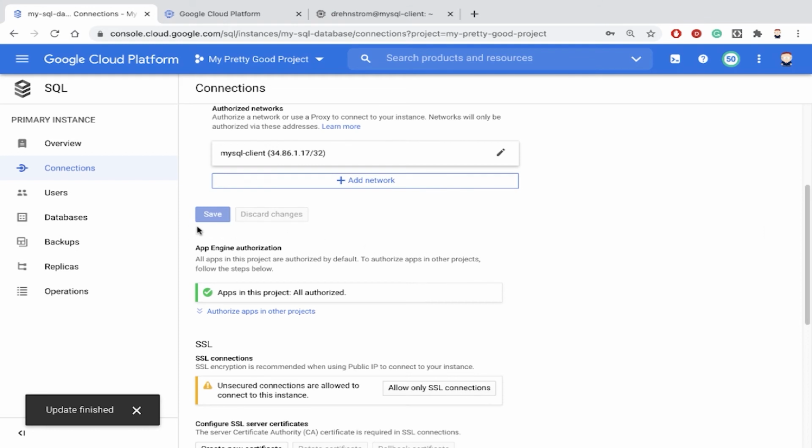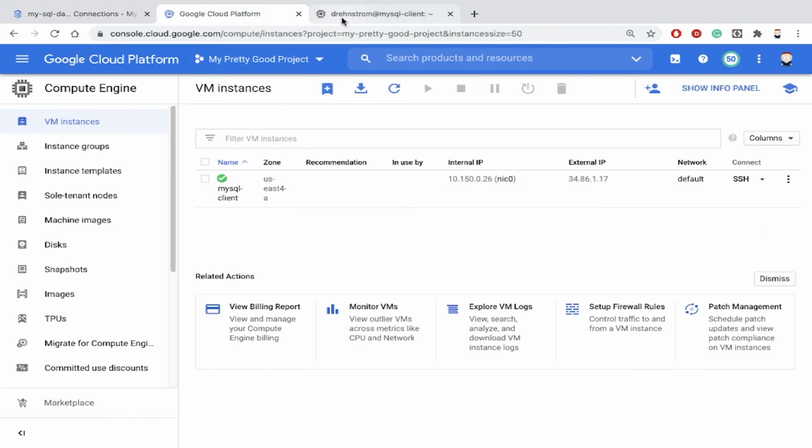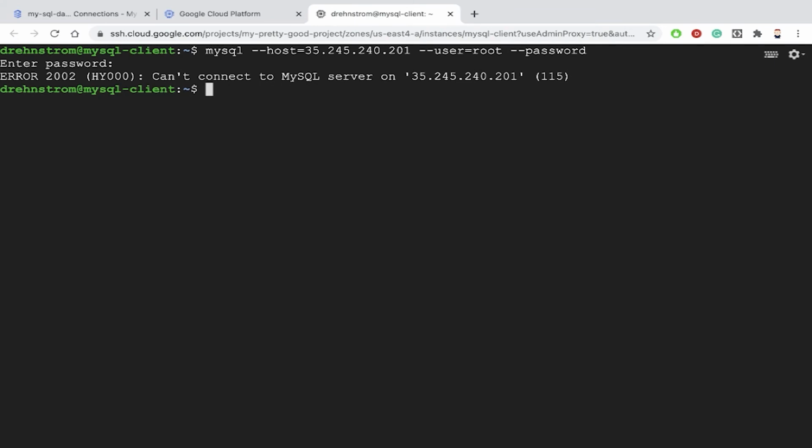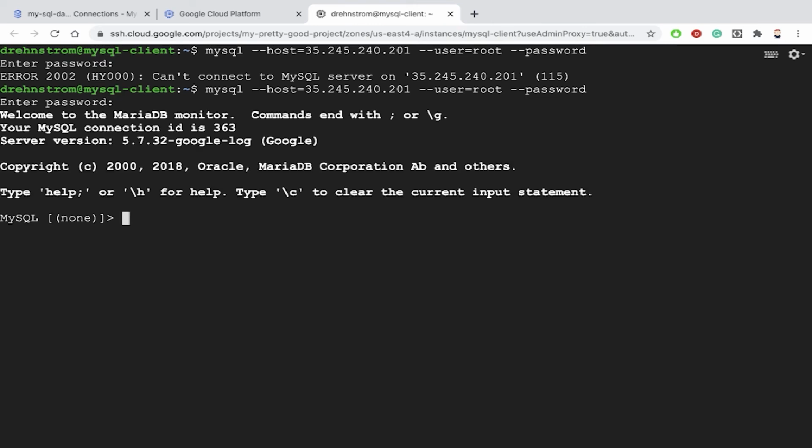Okay, now let's try it again. That rule was added. So let's go back to our terminal. We're going to run the same command again, paste in our password, and hit enter, and we're in. So now we can start entering database commands